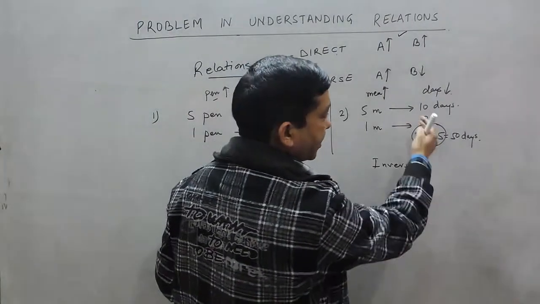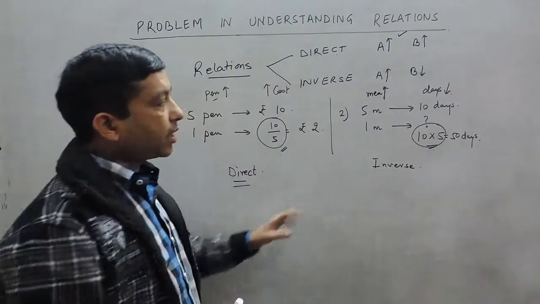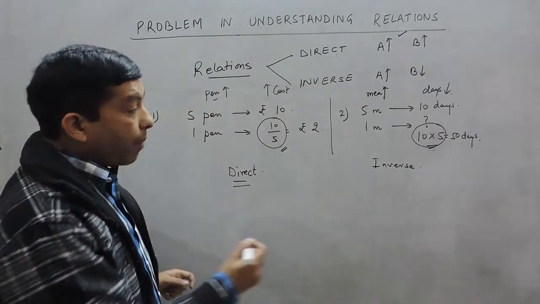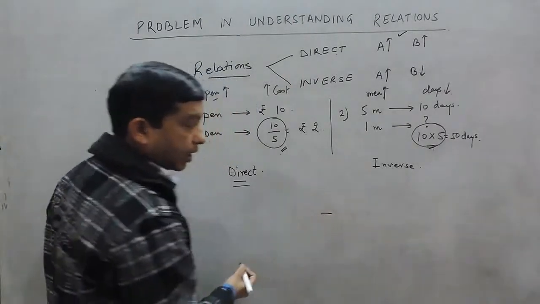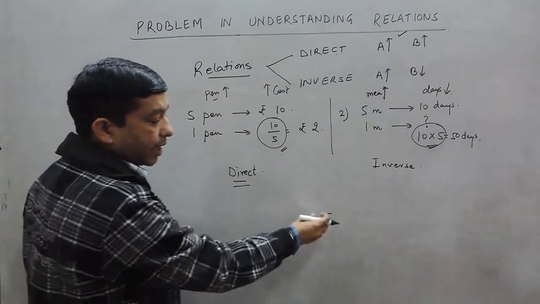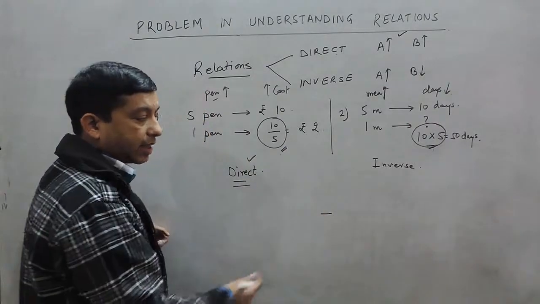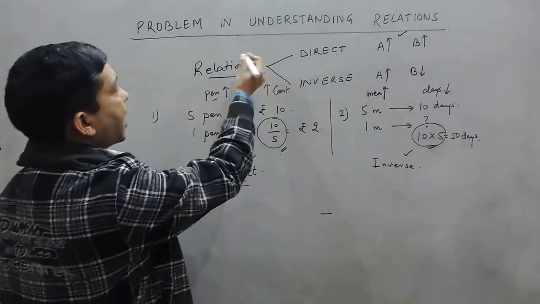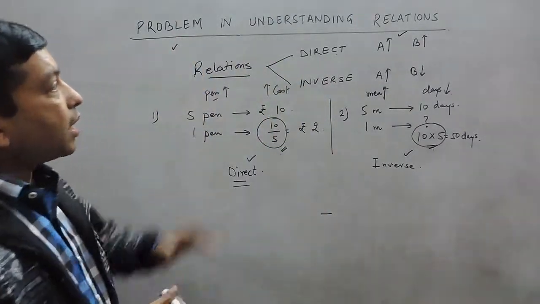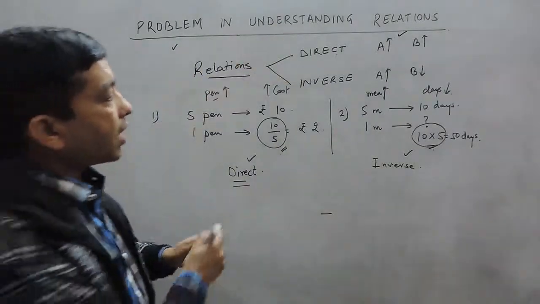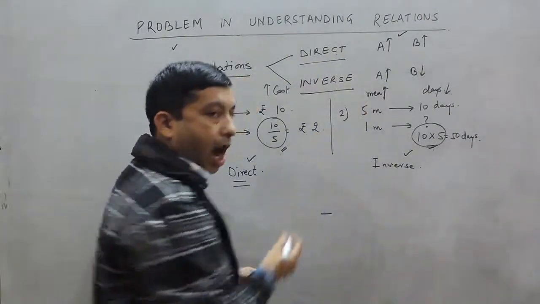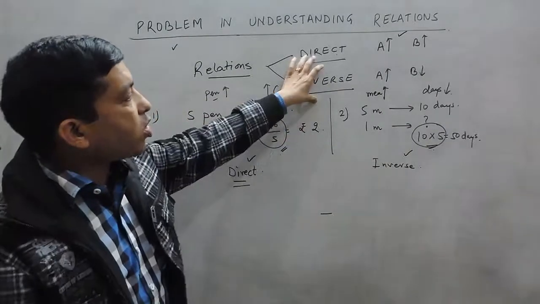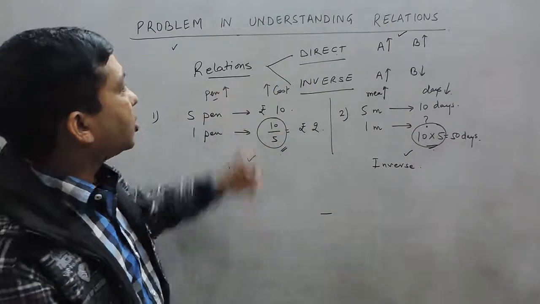While in the next exercise, he has all the questions on inverse relationship and he knows that he has to multiply in all the questions. But when a question comes in the exam, he is unable to identify whether this question is based on direct relationship or inverse relationship. So first of all, in class 3, a student should understand the meaning of relations, what the direct and the inverse relations are, and how to identify them in different questions. That is very important. That is the most important aspect to understand the unitary method.